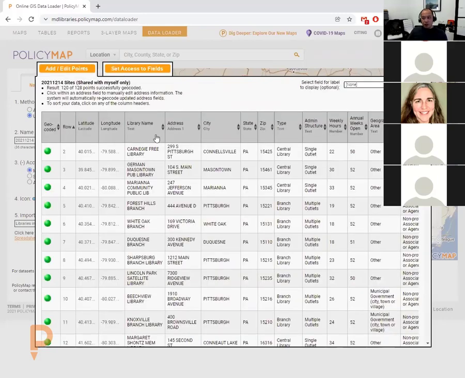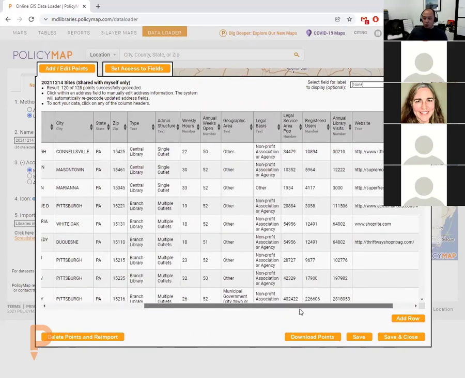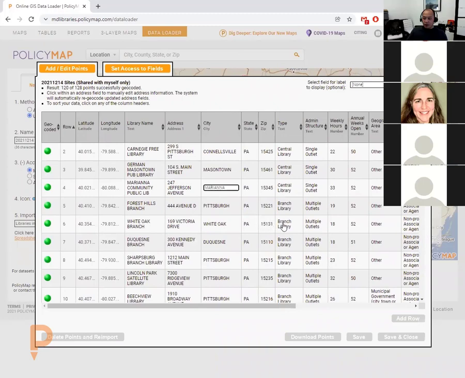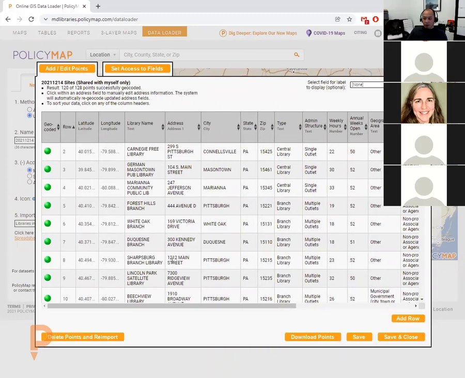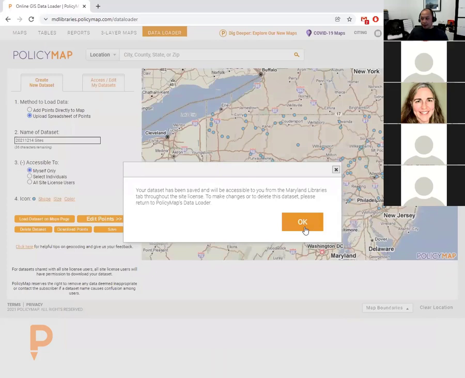So this will go through the process of geocoding. It'll basically upload the file and then give you a table visual of your spreadsheet. These are all my columns from my spreadsheet, all the rows, and I can edit the data within the fields and sort them and such. But when I'm done, I click Save and Close, and I've gone from a spreadsheet of addresses in my,